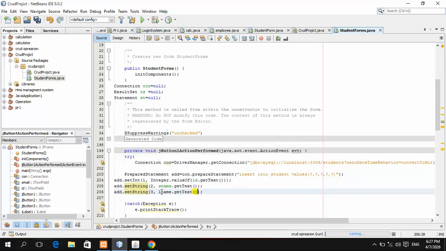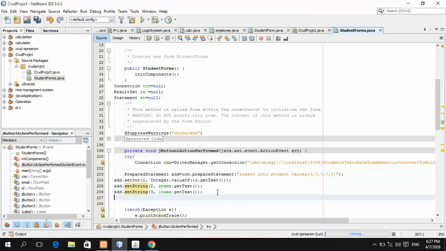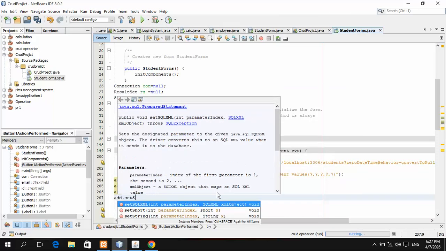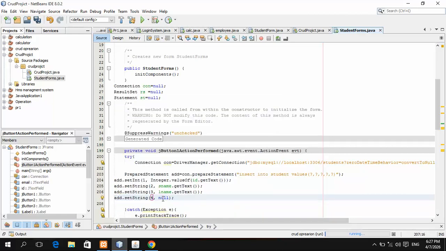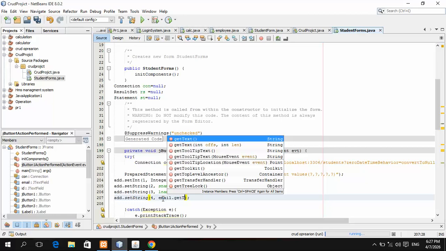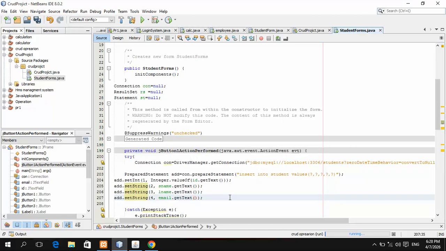The text box name is this. Okay, so after this, for example, another one r dot setString. In here I will write 4, and which one do you want? Email dot getText. So the last one is phone.